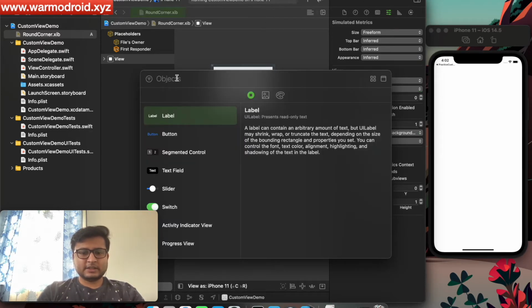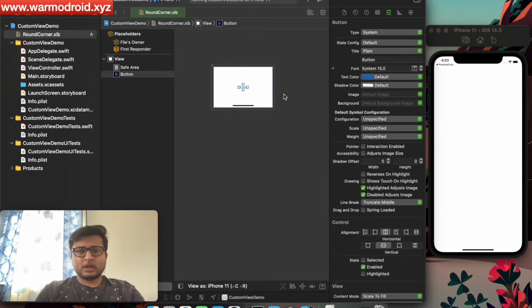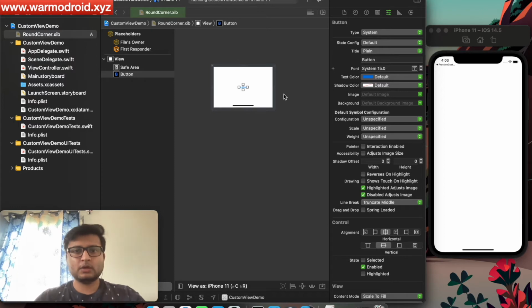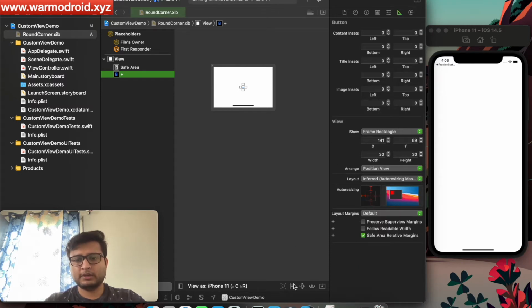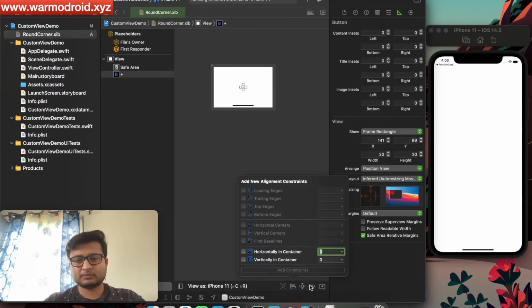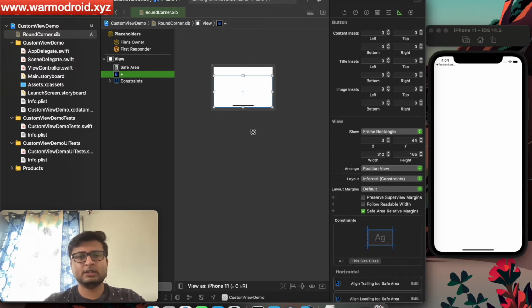Now let's create a button inside our new view. Let's give a proper constraint to our button. But before that, we can replace this text with any character. Let's give it a plus. Now we need to give the proper constraint to our button, so we can do like this. We can give it 0, 0, 0, 0 from its parent. Okay, so I think we are done with this file.